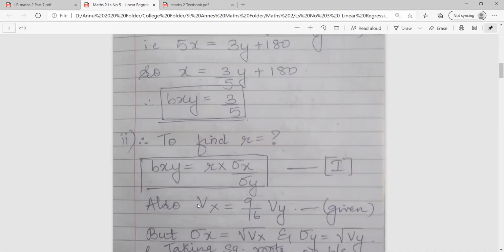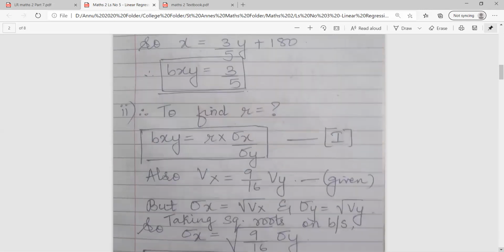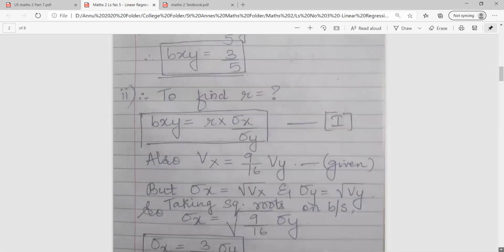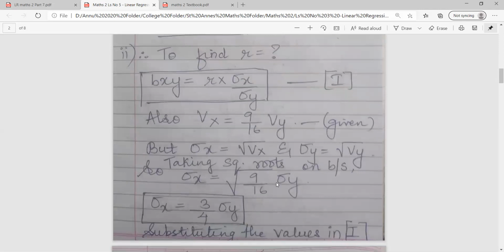question. So variance is nothing but standard deviation squared. And to find standard deviation, we can take square root of variance. So I'll write root of variance, which is nothing but sigma x, is equal to root of 9 by 16 into root of Vy. Root of Vy is nothing but sigma y or standard deviation y. So I've written taking square roots on both the sides. 9 upon 16, the square root is 3 by 4. So as you can see class, I've got the value of sigma x. You can also take sigma y down if you want, but I'm keeping it as sigma x over there.